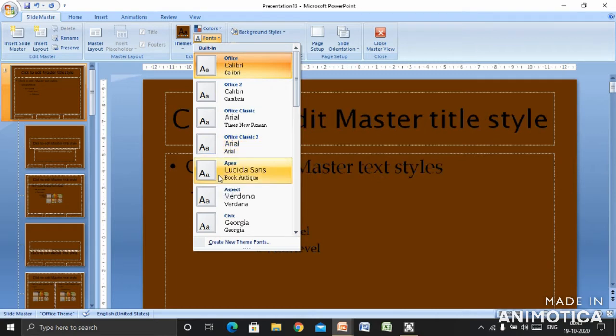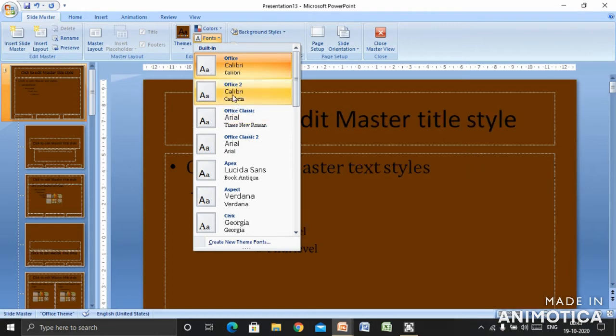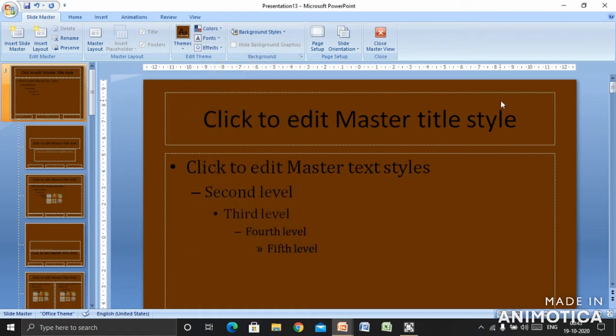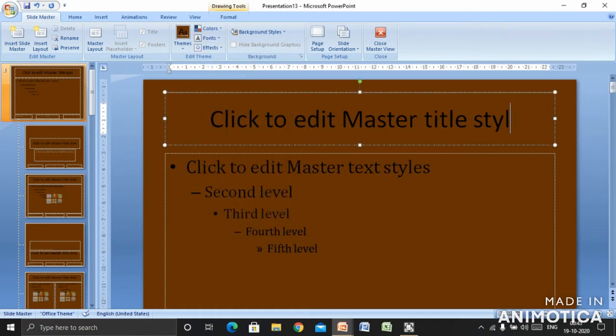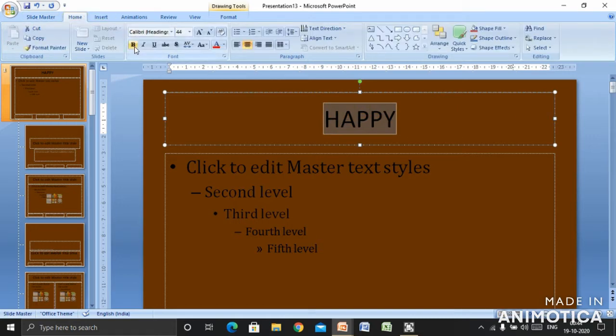So, whatever the changes I'll make in the slide master, it will be observed in all the slides attached to it. Now, suppose this one I have selected. Suppose if I write here happy. Why happy? And I will underline this. From the home tab, I will make it bold. I will underline this. I can also make it italic.